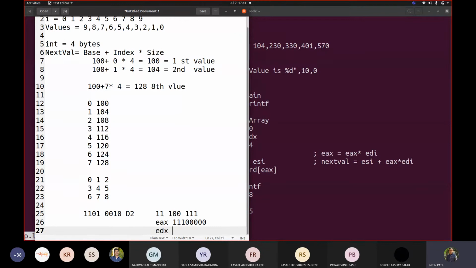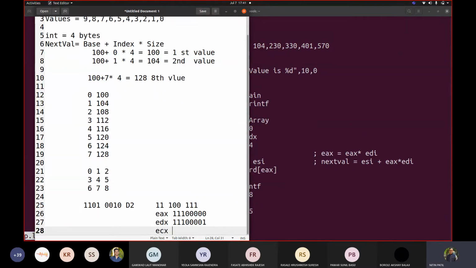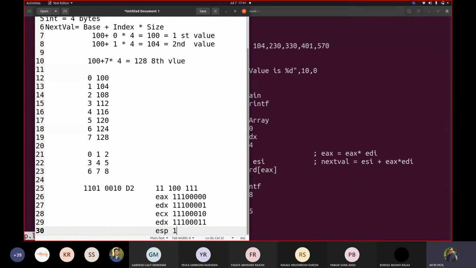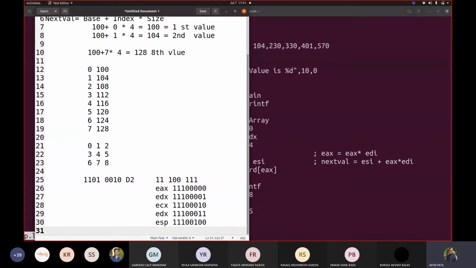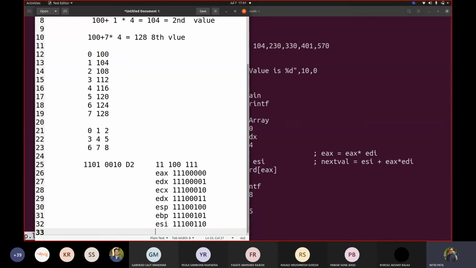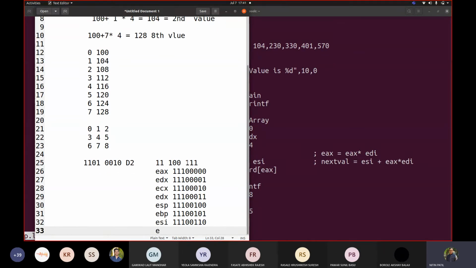If I have ECX, I should have 11100001. EDX 11100010, EBX 11100011. ESP 11100100. EBP 11100101. ESI 11100110. And EDI. We already saw this. Correct? We already saw this EDI.